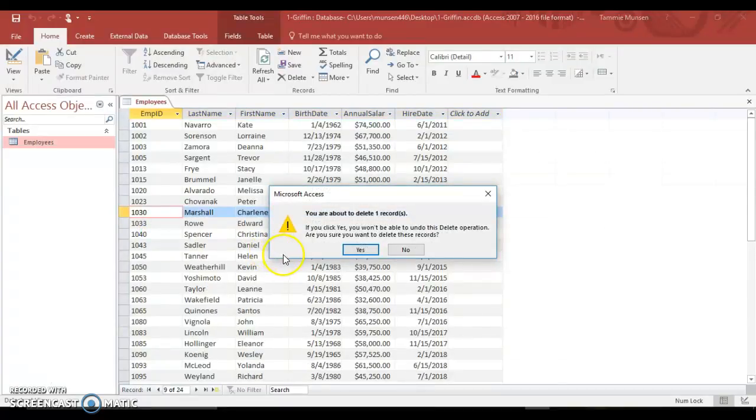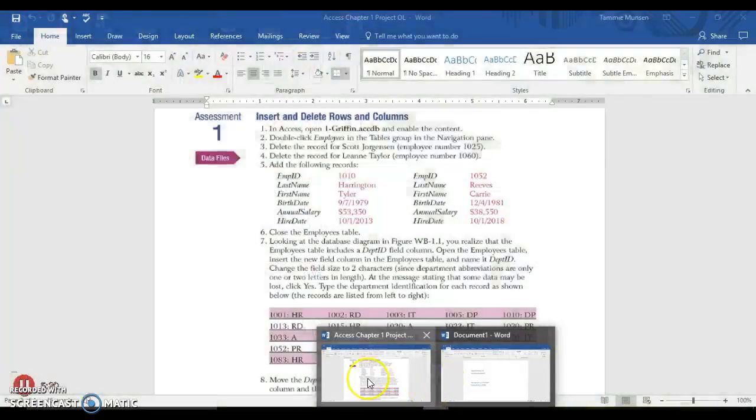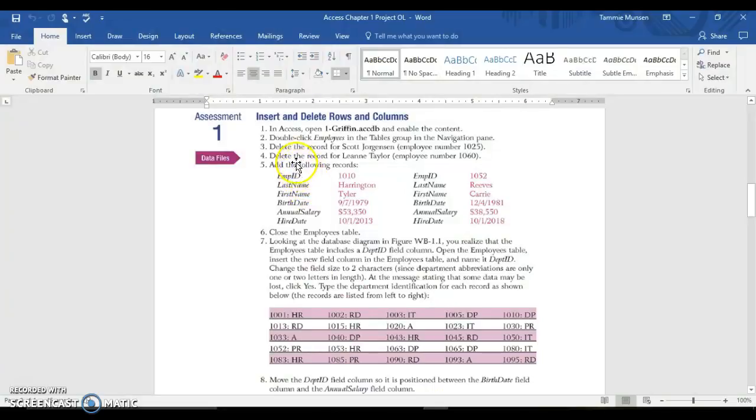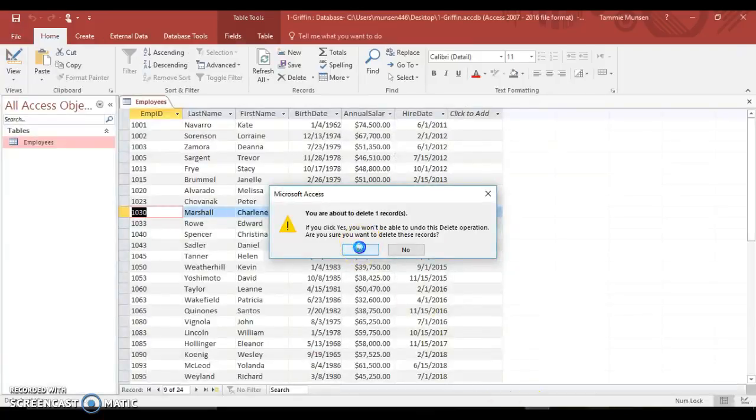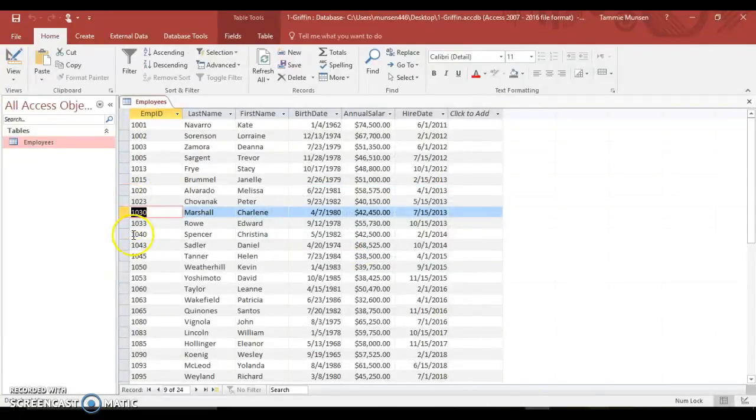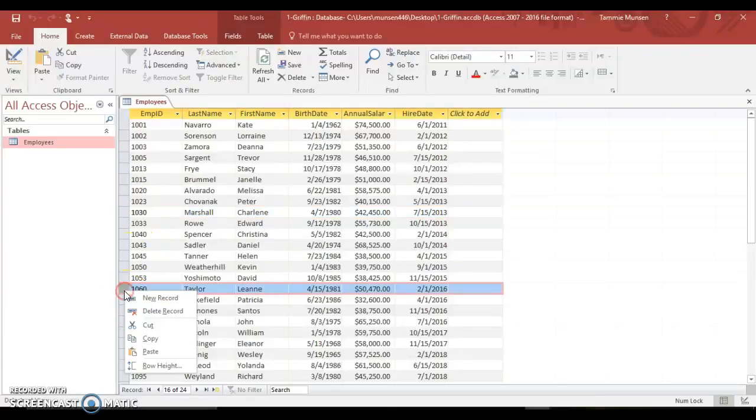When we do that, it says, you're about to delete this. Are you absolutely sure that you want to delete this because you can't get it back once you do? And so you're going to answer yes to that, you are going to delete that record. The next instruction says to you, delete the record for Leanne Taylor, employee number 1060. So you go back to that database table, you find 1060, highlight it, right click, and you're going to delete